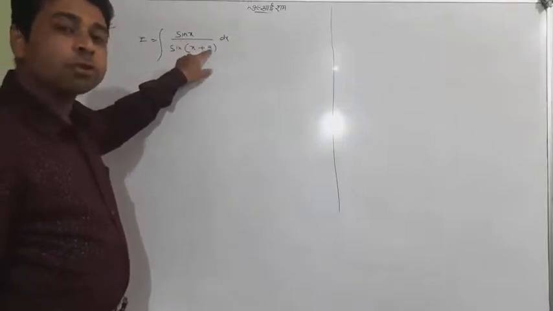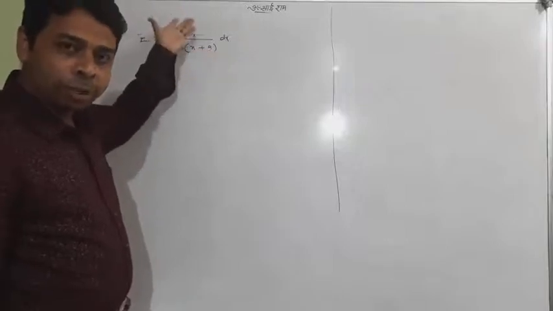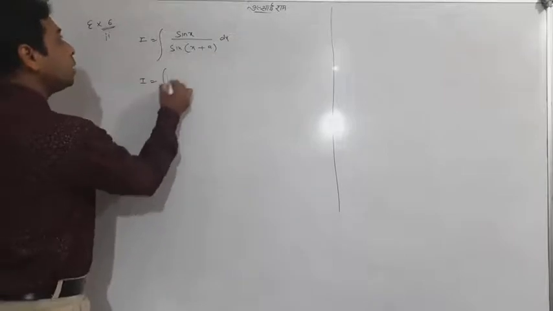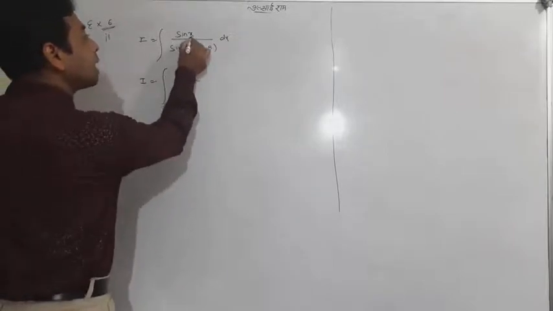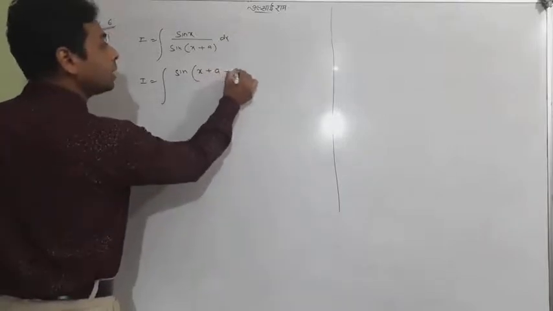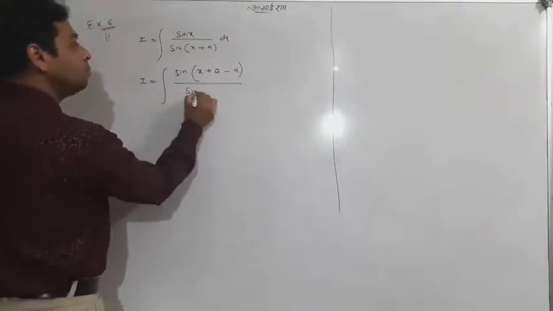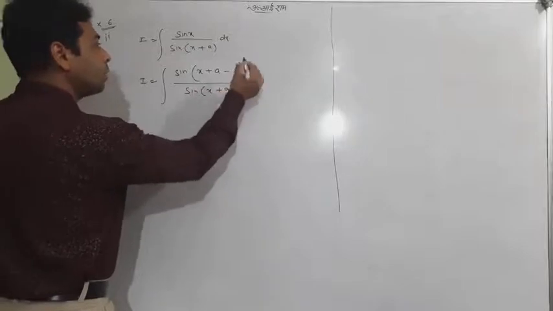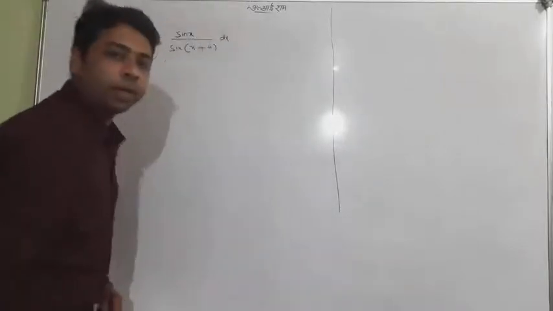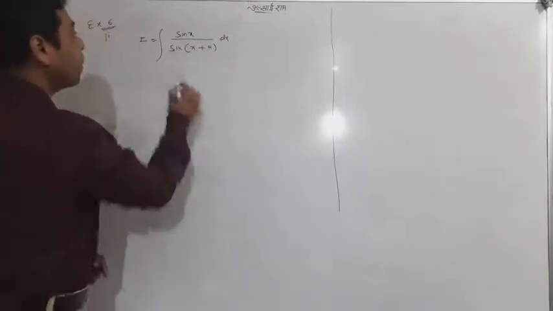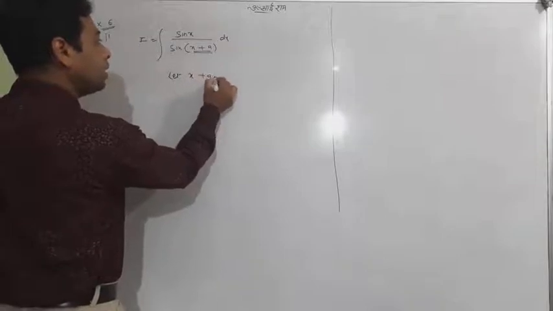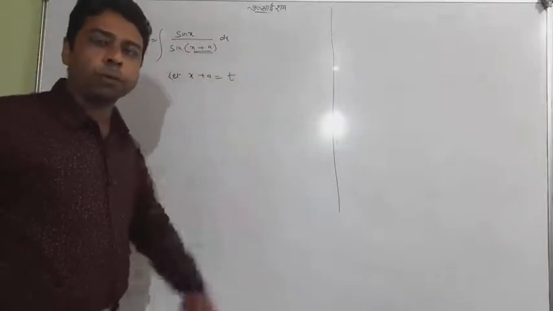So I will try to create x plus a in the numerator, and then you can see by your own that sine of x, I'm writing x as an angle, I'm writing x plus a minus a. One more thing which I think you will like better: you only consider x plus a as t. I think it is better for you. You only follow this method.